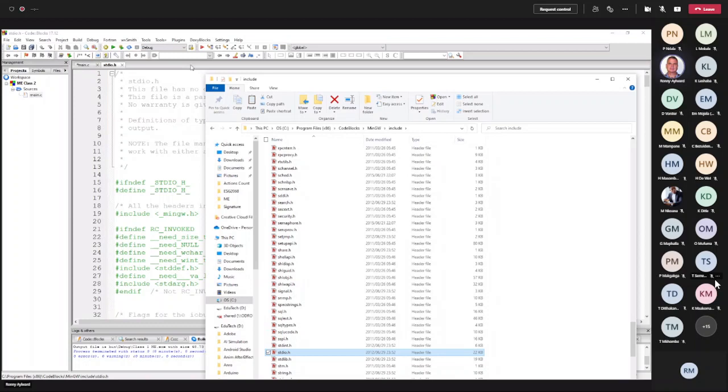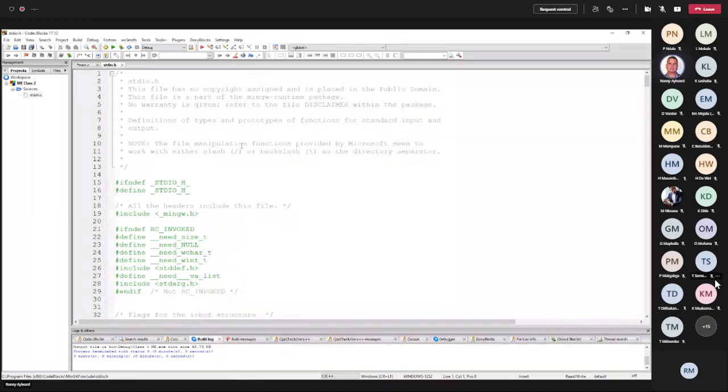You don't have to open it. You never change anything in here because this is a standard library. If you start fiddling in here, then you're going to mess up your system, and then you'll have to reinstall. If you know what you're doing, then you can start changing things in here.